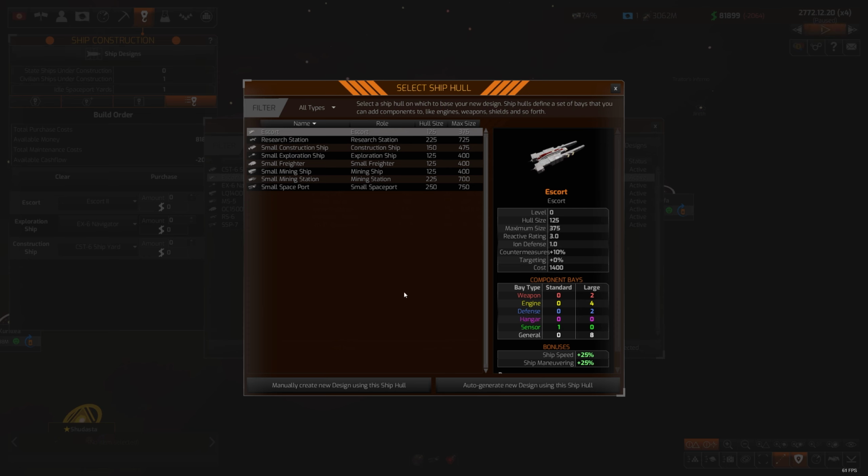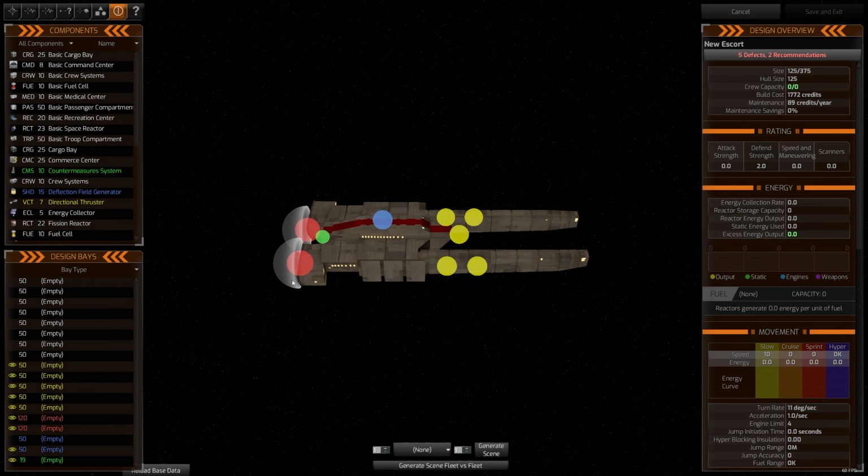I do use escorts. They are of limited use in the early game, I'd say. They do help you defend against pirates. If you have a lot of them and you can afford to have a lot of them, then you can use them. But I'm not really coming up against much at the moment. So let's manually create a new design using this ship hull,